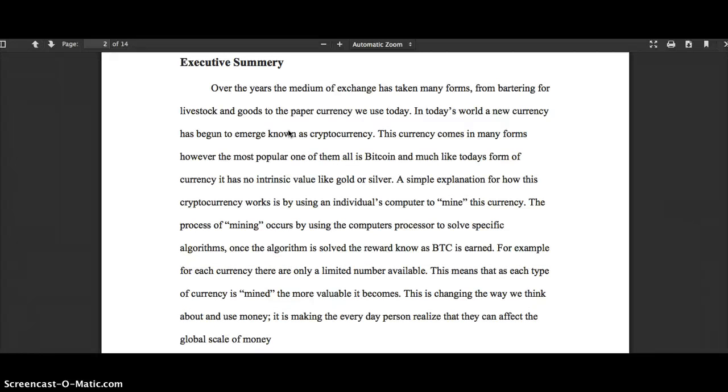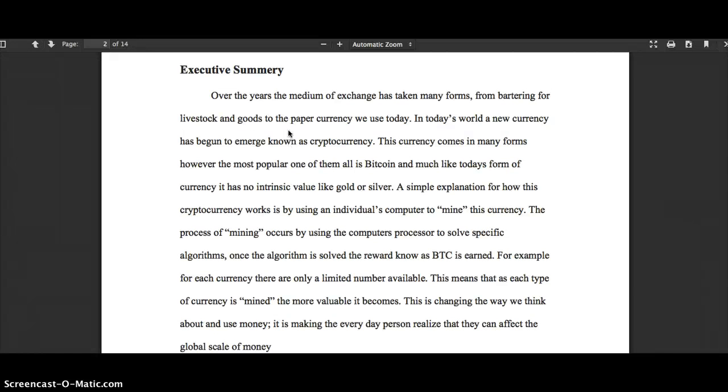My second comment, though, has more to do with who this is written for. To be honest with you, as I'm reading this, it doesn't seem necessarily like a technical report. This seems like just a paper about this particular new currency, cryptocurrency. I mean, that's really what it looks like.